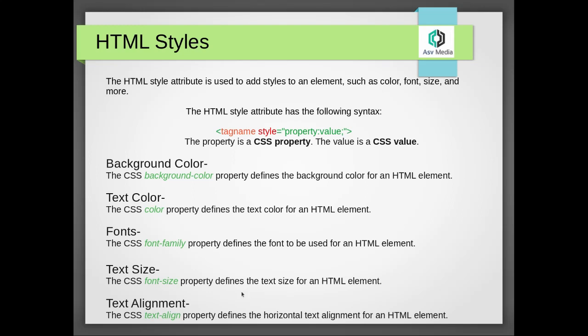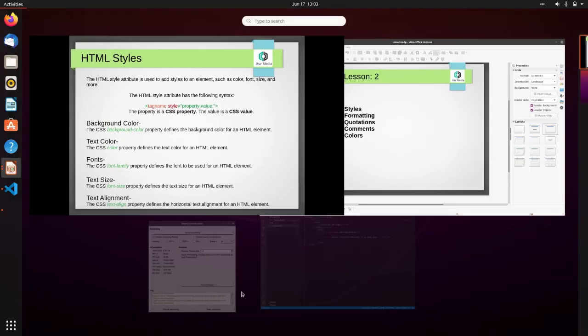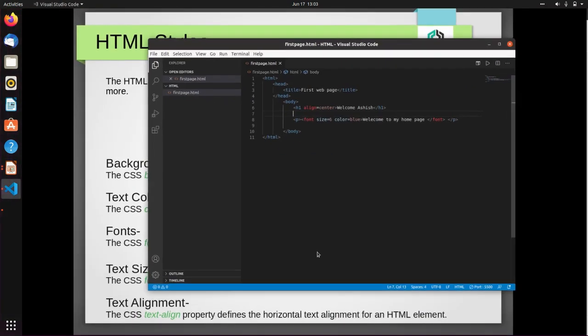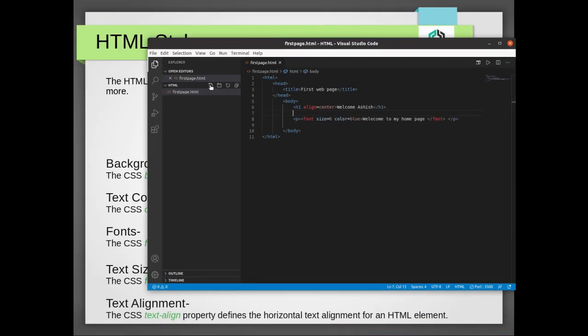Let's take an example. Create a new file, styles.html, save it.